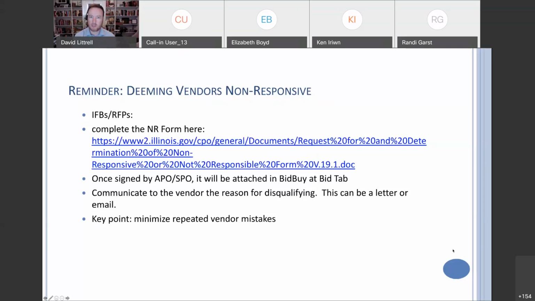So I guess it's more of a best practice for small purchases, mostly because the key point here is we just want to minimize repeated vendor mistakes. We see a lot of vendors, across the board, multiple agencies, being deemed non-responsive for things that many times are out of our control as procurement people, but we just want to minimize that. We can see why vendors would sometimes be deemed non-responsive once, but if we see it again the next time that procurement is put out,